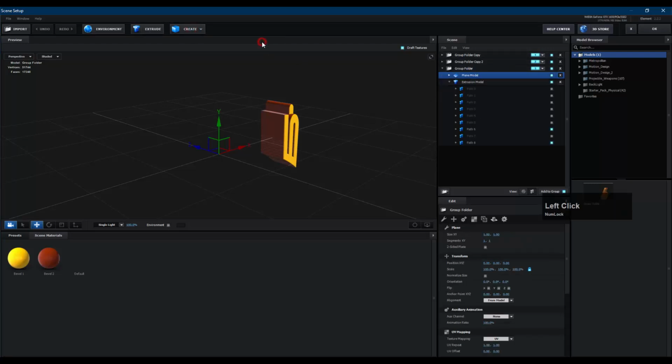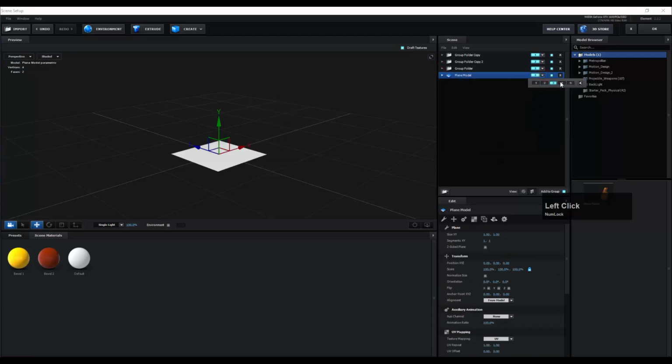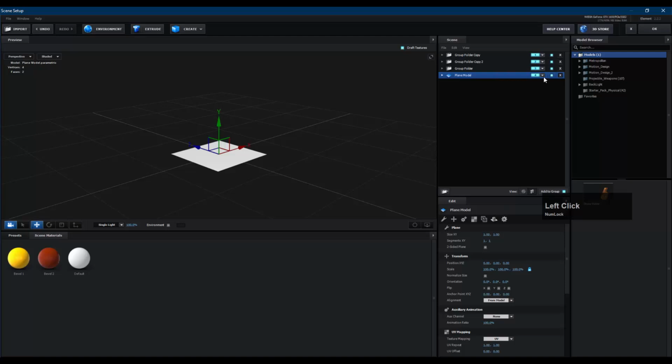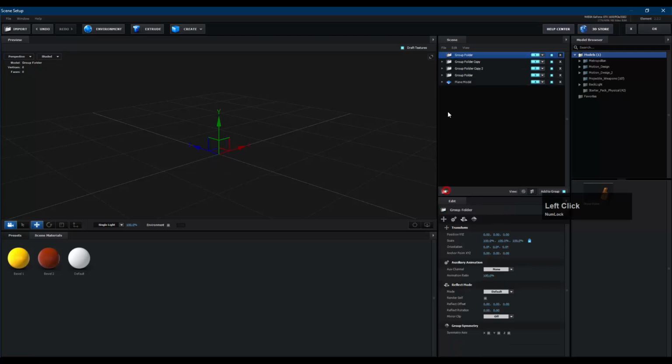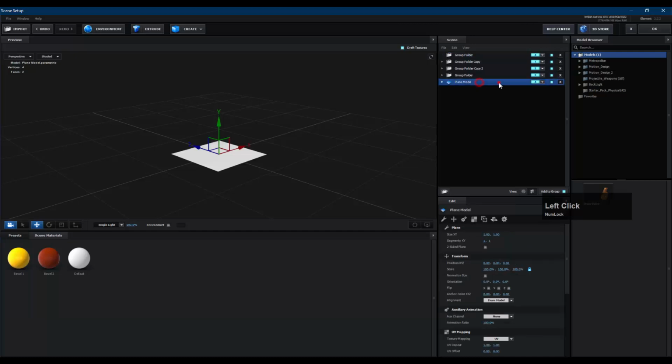Let's create a plane and bring it here, and choose it on group 4 and create a group, and choose it on group 4, and then bring the plane here,